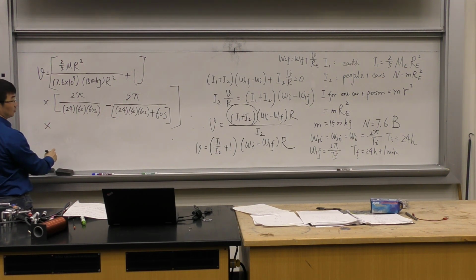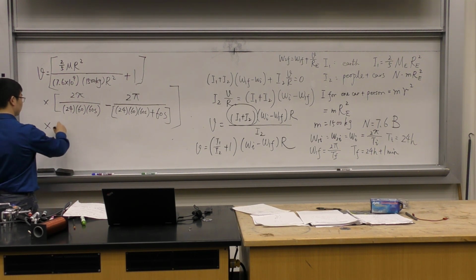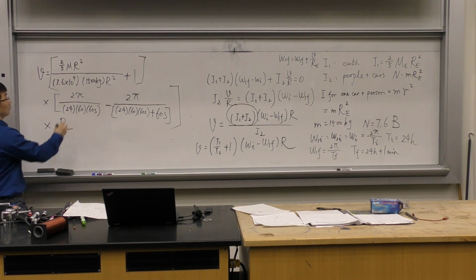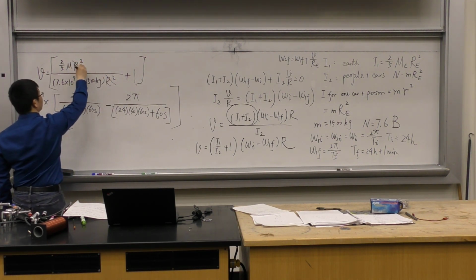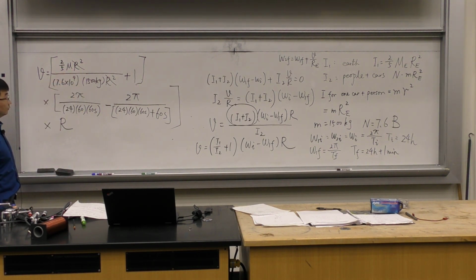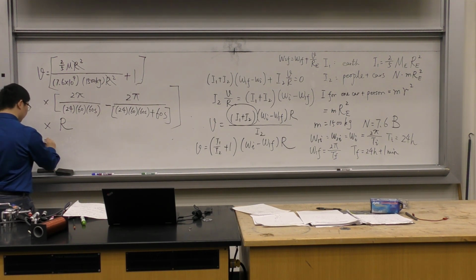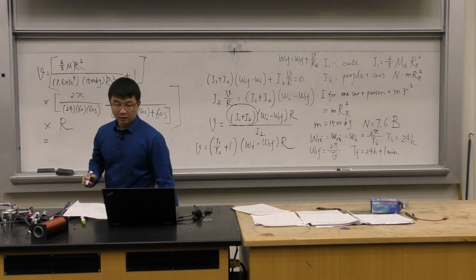Now the radius is not going to be canceled. You're going to plug it in. But these two are going to cancel. Okay? This is the simplest that we can get. Now you put numbers in carefully. You will find the required speed. It's going to be